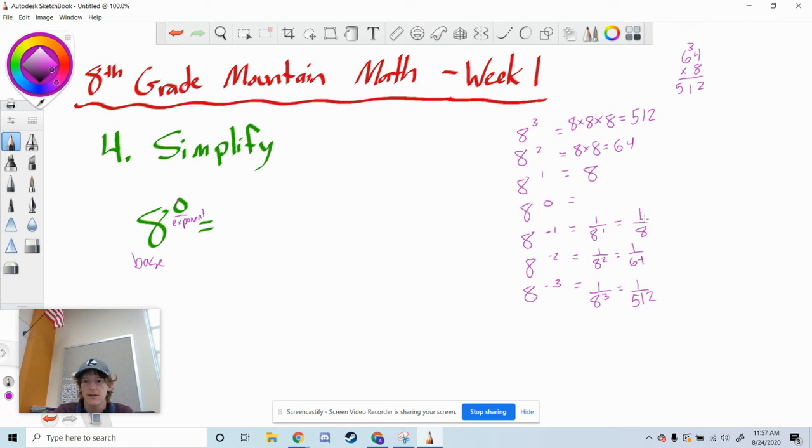So we should see a pattern here. From here to here, we divided by 8. From here to here, we divided by 8. From here to here, we divided by 8. Here to here, divided by 8. So, what is 8 divided by 8? 1. In our 0 exponent rule,